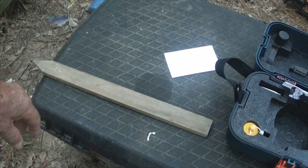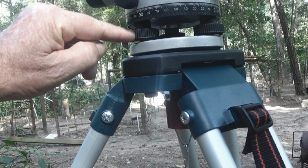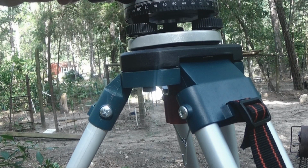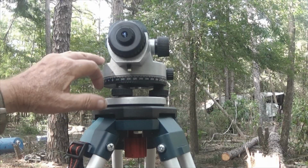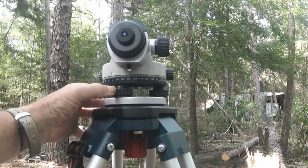And now let's look at the setup of how we use the transit itself. There are 3 thumb knobs right here, one in the back, and you use this for centering the bubble. Now you cannot see the bubble on this tripod. We can use this to turn this. With the bubble now in the center, and I had to adjust these 2 thumb screws a little bit to